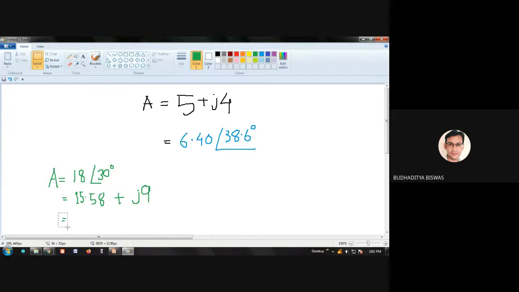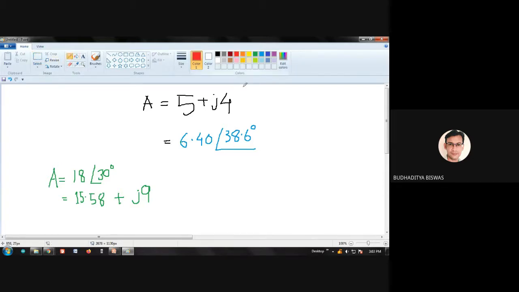So you see how much time is required to convert A to its polar form and how much time is required to write A in the Cartesian form. I think minimum 1 minute is required because you are a beginner, doing it for the first time. In the exam, if you find it this way, then 30 to 40 seconds is required at least. So in AC, this type of conversion is required every time.